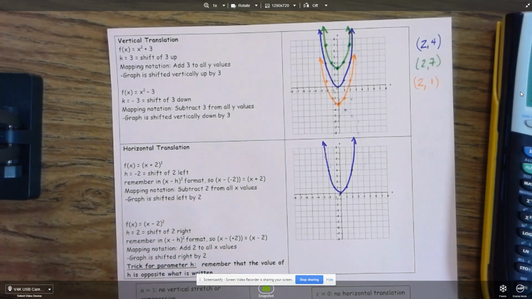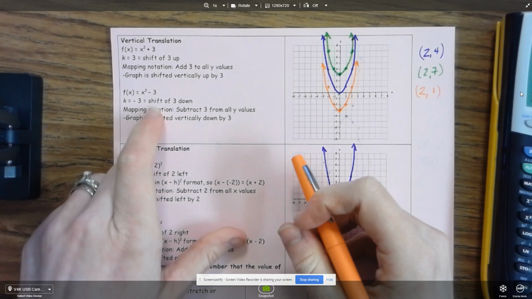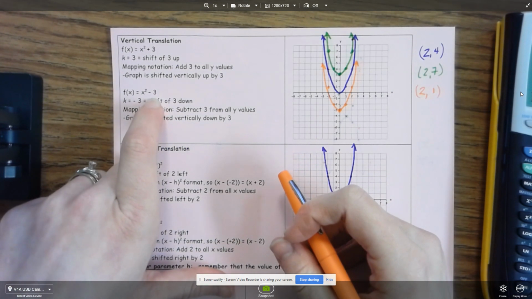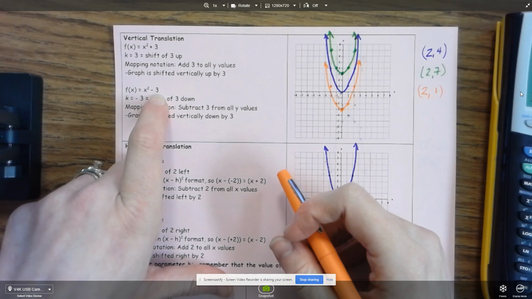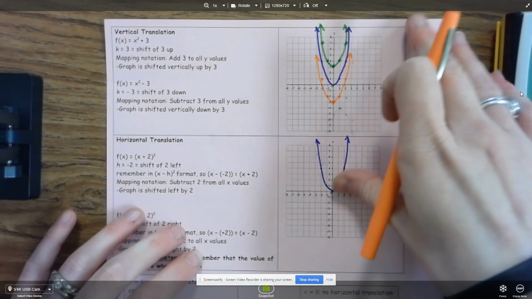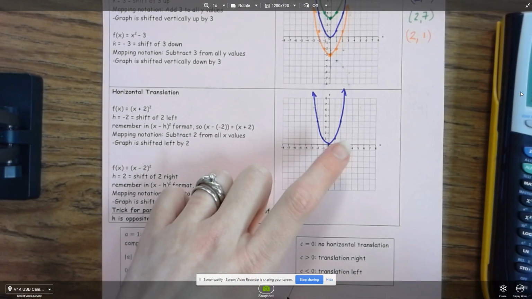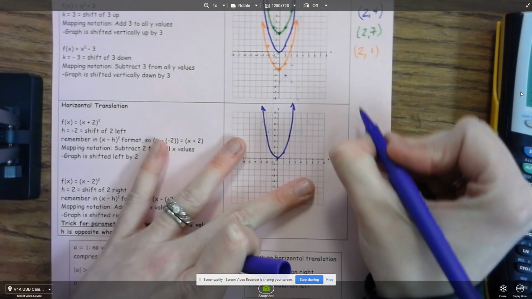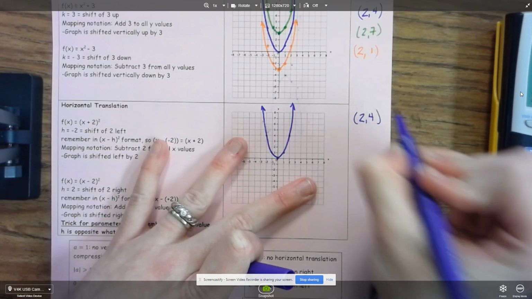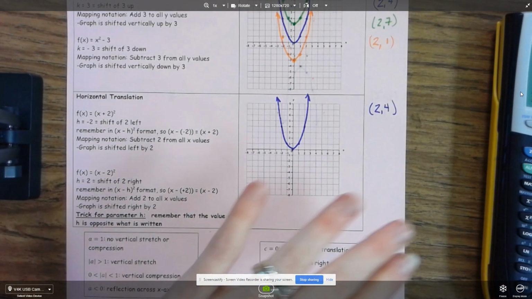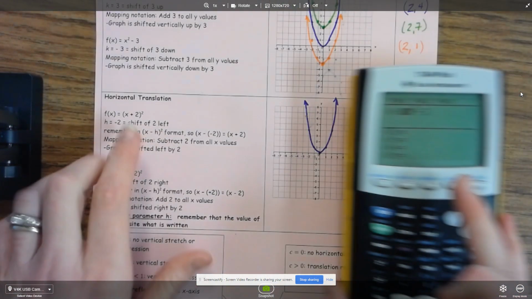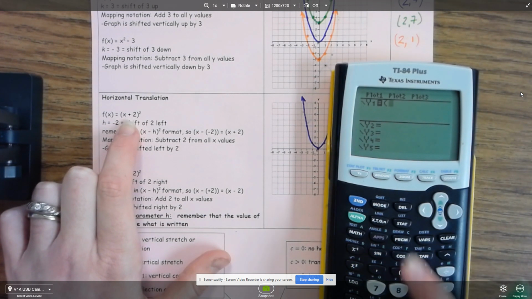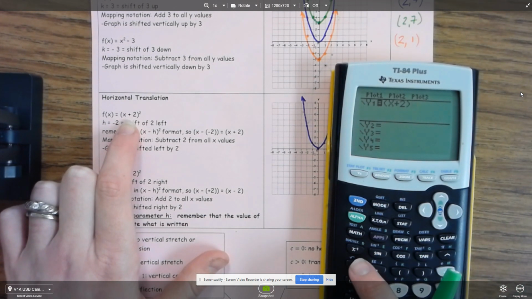And so that's what the vertical translations look like. If you have added or subtracted something from your x squared or your a value, that's going to shift it up and down. And then our last one is a horizontal translation. So again, the purple is our vertical. And again, just to pull a point for you, 2, comma 4 is one of the points of that purple parabola. And so here what I'm going to do is in parentheses, we're going to do x plus 2